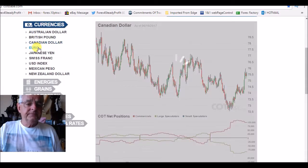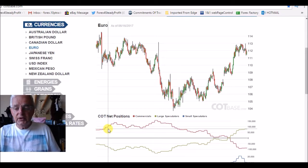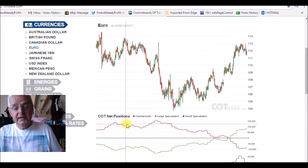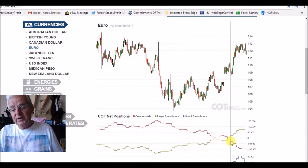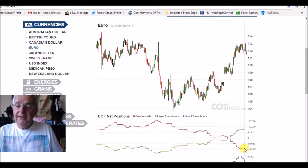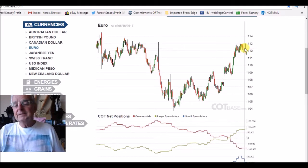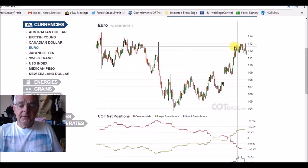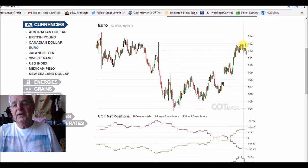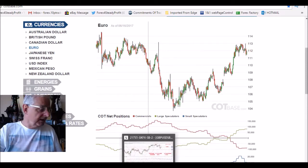The euro, as we've noticed over quite a few weeks, the commercials position that was always long the euro swapped a few weeks back, and it went short, and it went short heavily. We've held for the last 3 or 4 weeks at a very bearish position, and we are quite overbought on the euro. I'm expecting this to come down quite quickly. We've seen a little bit of weakness this week, but I think when it actually breaks down, it should break down quite quickly. So if we look at the chart,